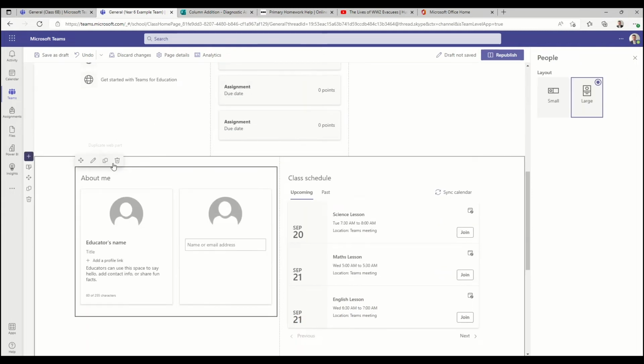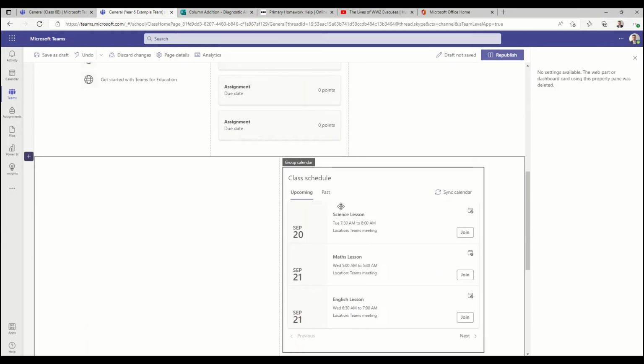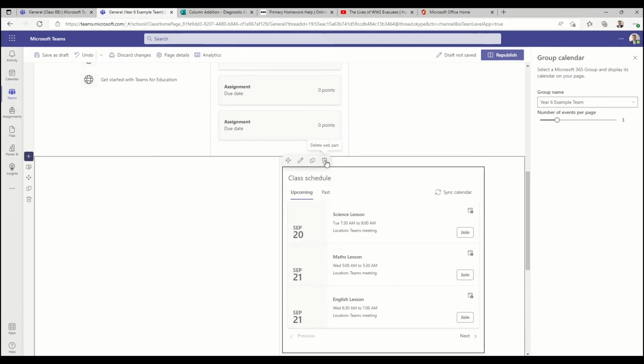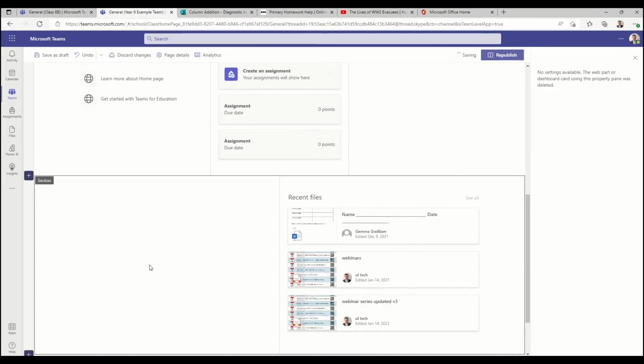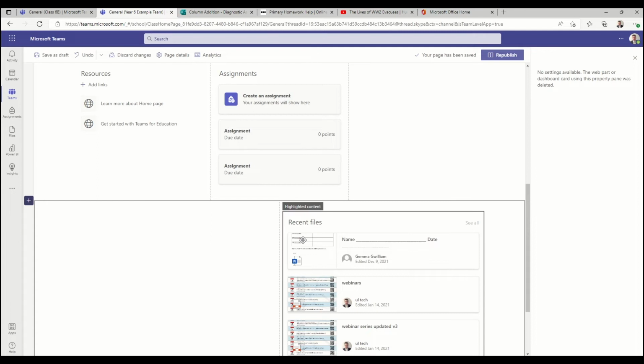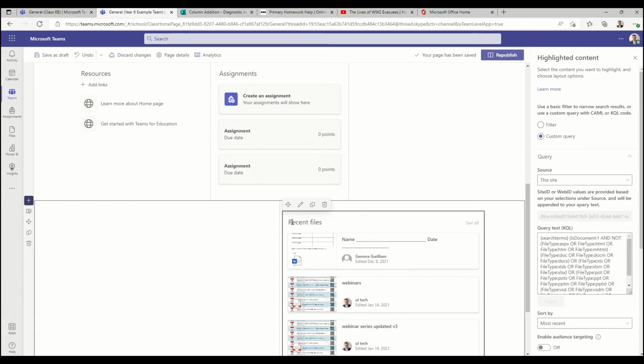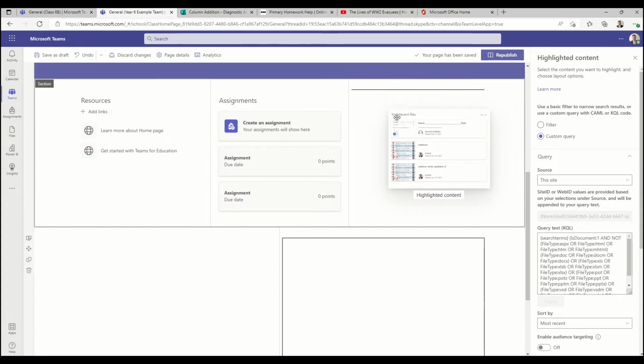I'm not going to keep the about me. I'm going to just delete that. I'm not going to keep the class schedule. I'm going to delete that. The recent files, this might be useful, but just to make it clear, it's the user's recent file. So I'm just going to put your recent files there, and I'm going to drag that up into my section